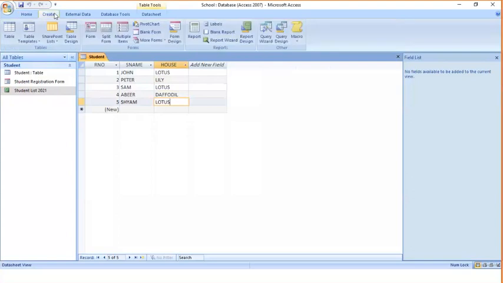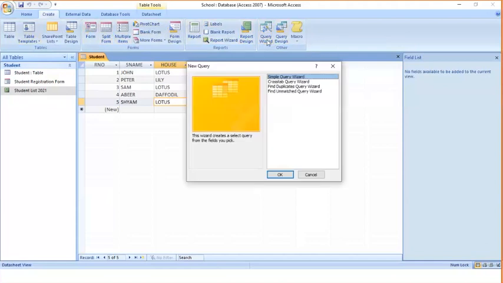Again it is very simple, go to create, and if you see here, these objects are there. The first one is table, forms, report, and the last object is query. So again in this I will go to query wizard. Click on query wizard, we will use the simple query wizard.